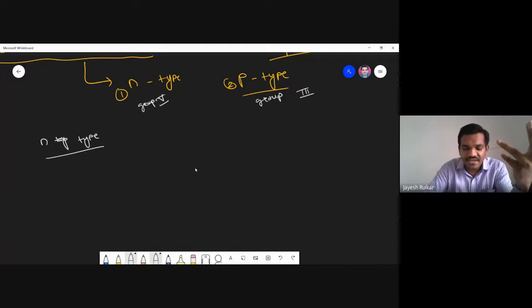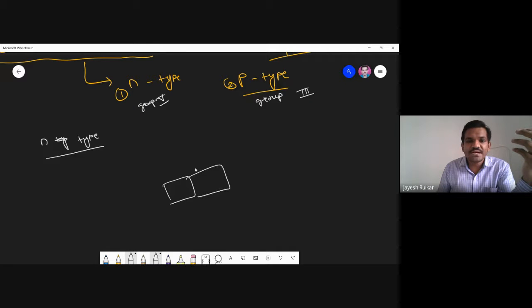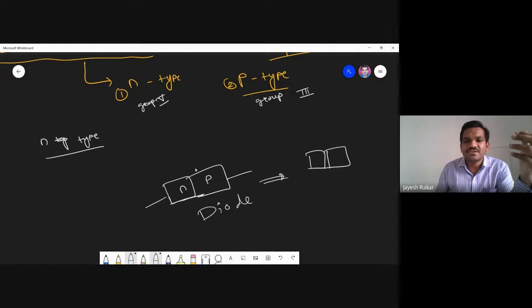If you understood this, n type and p type, then we need to form the n type material along with the p type material. So this is my n and p type material. If we chemically combine them, we call it a diode. And from the diode, if we make a material like npn, we form a transistor. So what is a diode, what is a transistor?